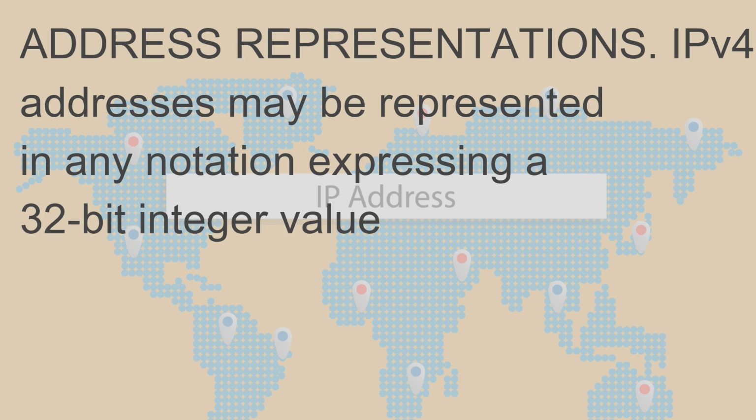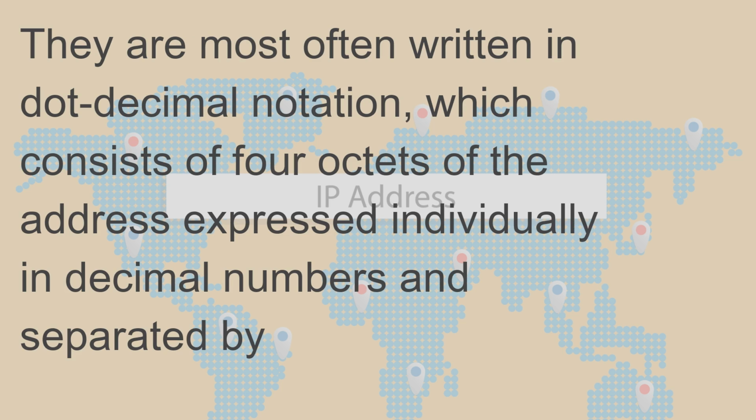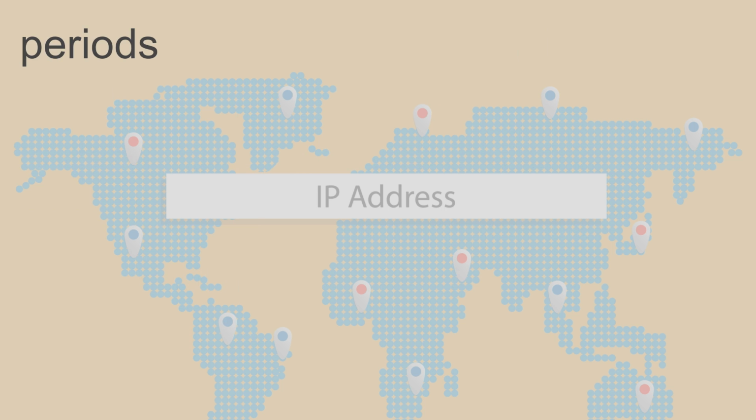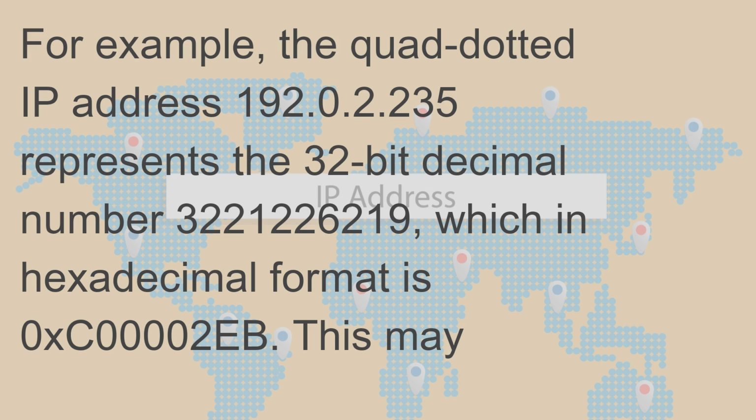Address representations. IPv4 addresses may be represented in any notation expressing a 32-bit integer value. They are most often written in dot-decimal notation, which consists of 4 octets of the address expressed individually in decimal numbers and separated by periods. For example, the quad-dotted IP address 192.0.2.235 represents the 32-bit decimal number